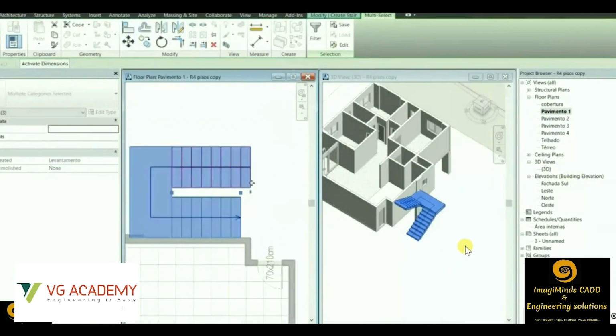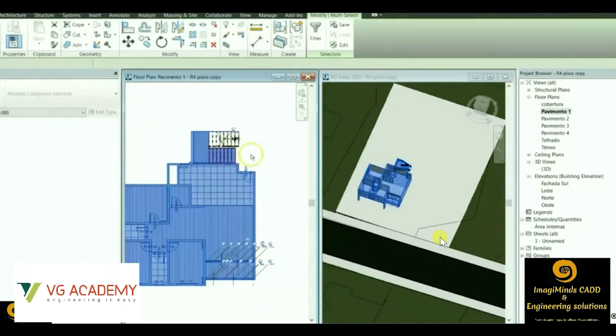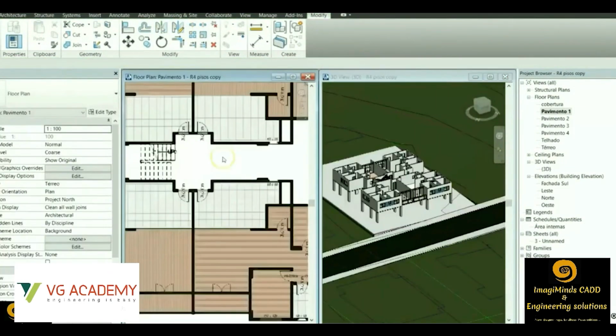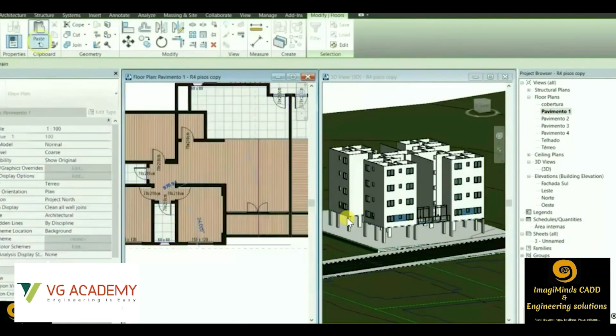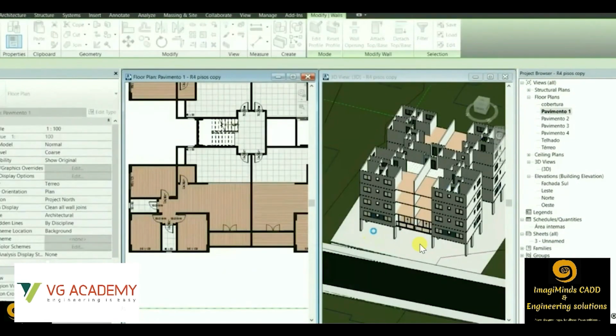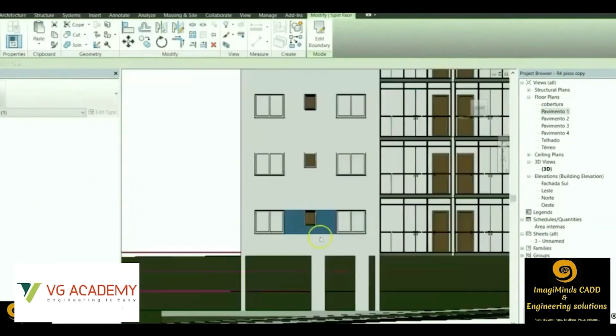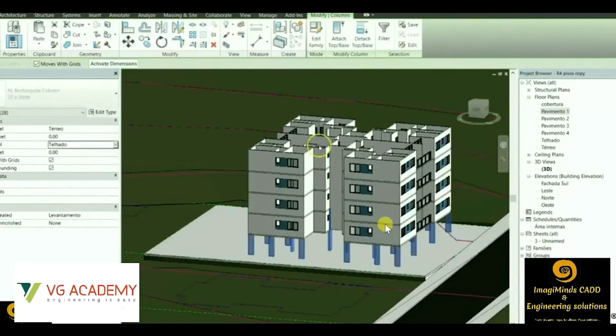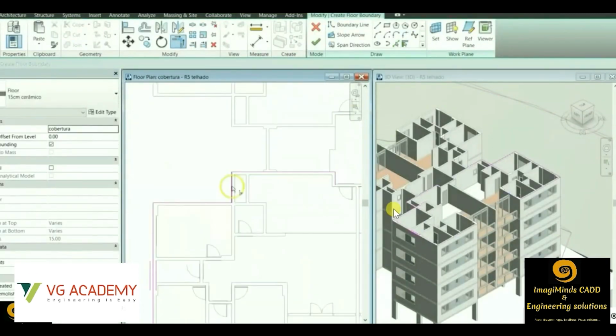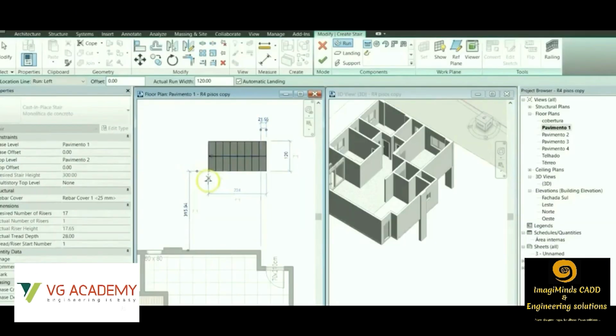Then the floor option. Then we can place the stairs which are ready-made available. So see, very quickly we can draw a multi-storied building. We can draw the elevation of a multi-storied building very easily with the help of Revit Architecture. I guess by now you have already understood the use of Revit Architecture, what the benefit